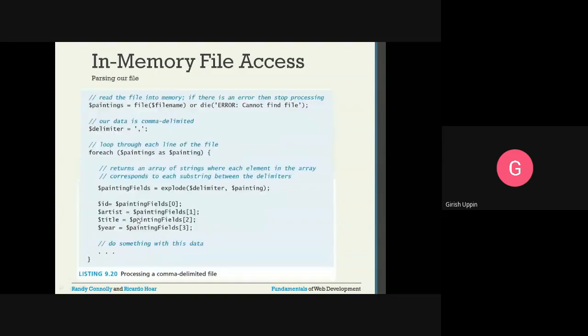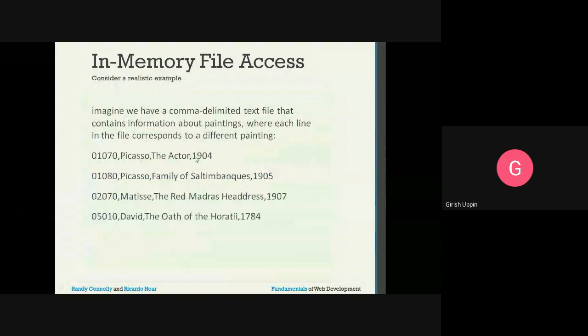We will iterate through those array elements. $paintings as $painting, so this is going to point me to the first line. Then explode, the delimiter is comma, and $painting will have this content, the first line. So it will get exploded into an array, and each array element will have these values.